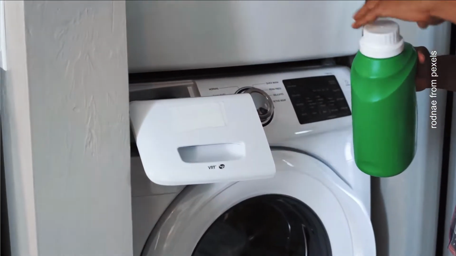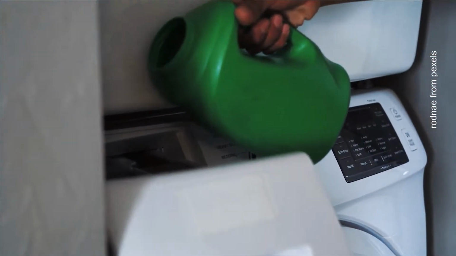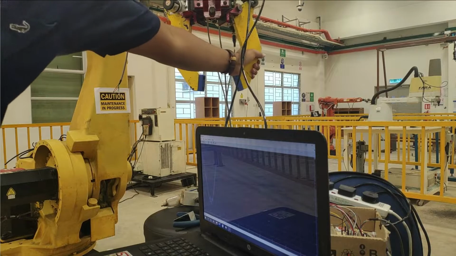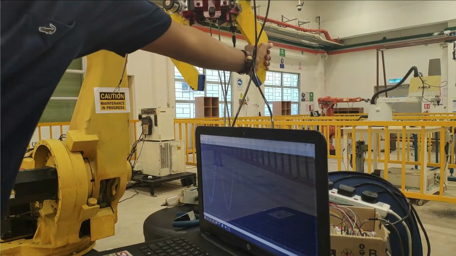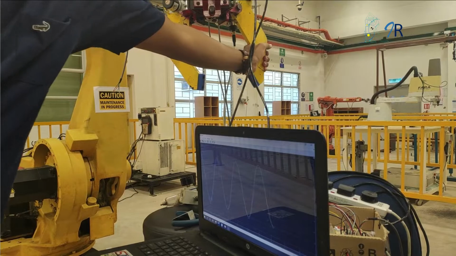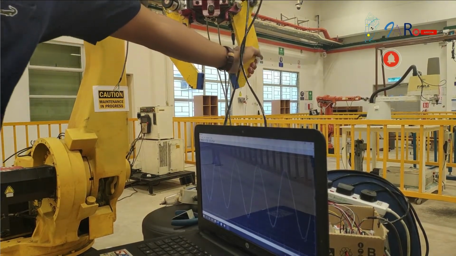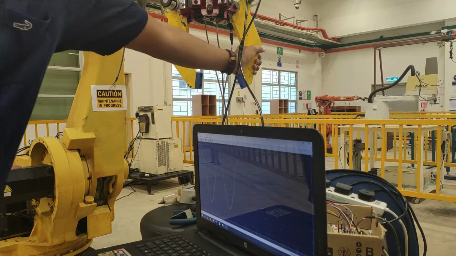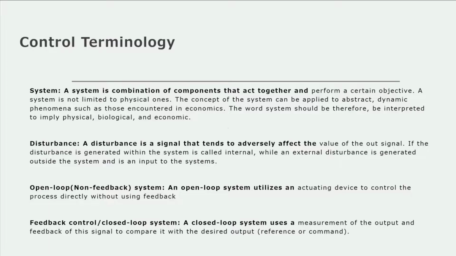Then that system has a disturbance. Every system without a smart controller or without closed loop controllers has a disturbance that bothers the control inputs. And then we have the types of control system: open loop without feedback, and closed loop, which we always use in automatic controllers or when we want to design smart systems. We have a closed loop control system with feedback.